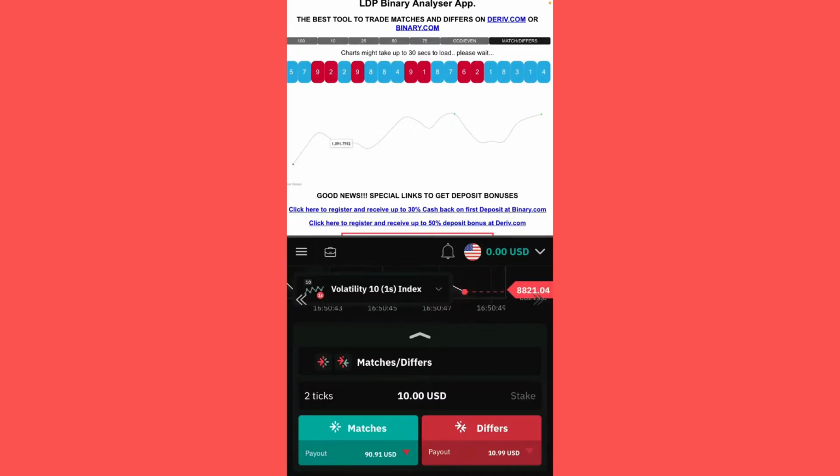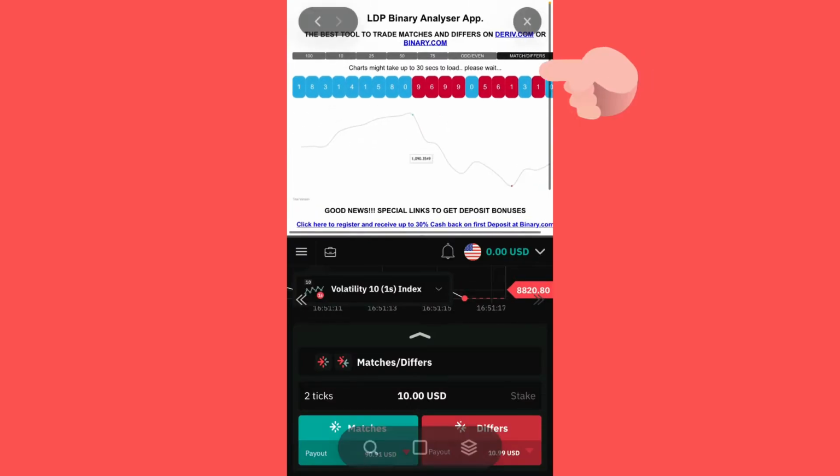So hold on so that you can see what I'm doing. Before you do this, you need to split your screen. Download an app for Windows Split, 2 Windows Split. If your phone or your Android device has the application, you can also use it for this. Using a Windows Split, you need to upload your LDP binary analyzer, which is this.